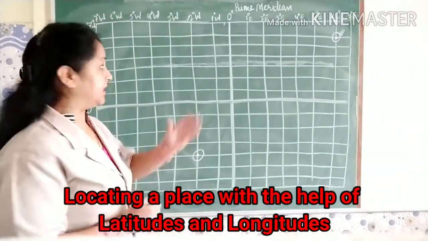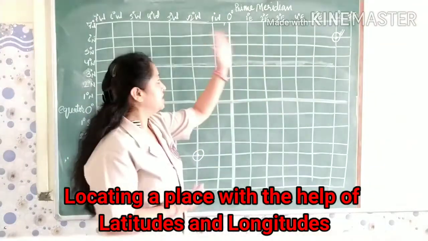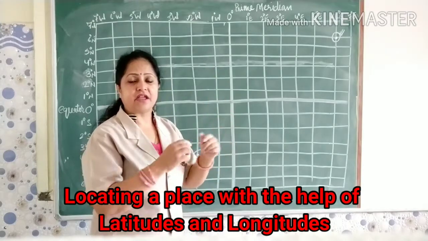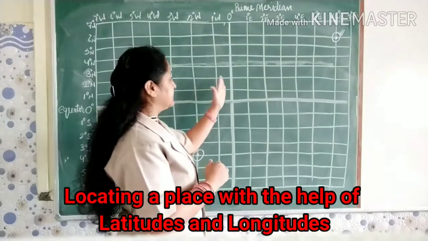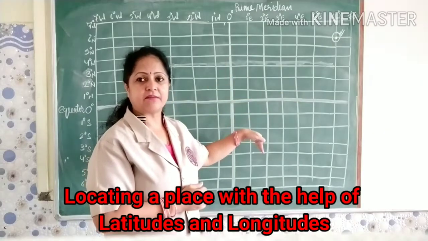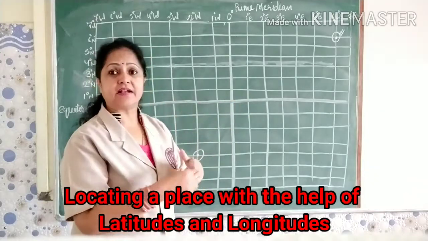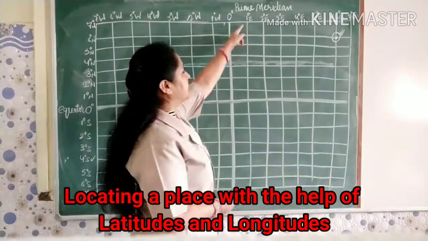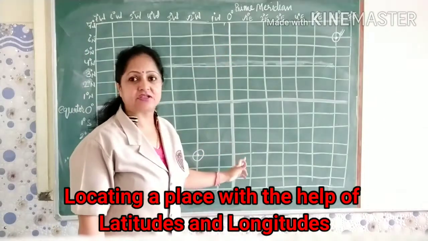First of all, 1 degree E. So this is our equator. E means eastern side. This is our eastern side. I don't think that it is difficult for anybody now. When the question comes 1 degree E, immediately you start from here towards the eastern side, because E means the eastern side of the prime meridian, and W means the western side of the prime meridian. So 1 degree E, the place will be on this side. So 0 degree, 1 degree. So we found the line where the place is actually situated.